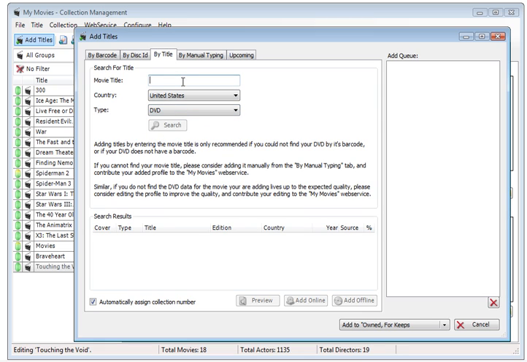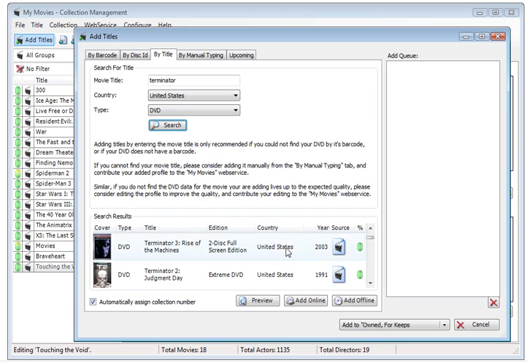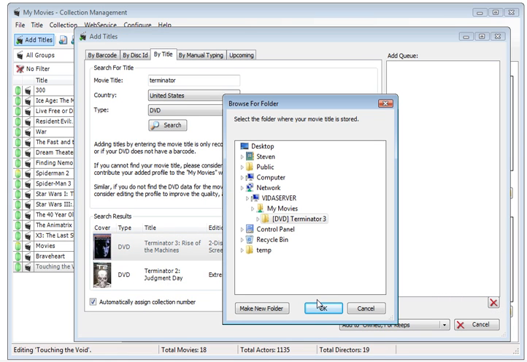Say if I'm trying to find the entry for my 2-disc Terminator 3 DVD set. I'll type in Terminator, select DVD, and then hit search. In a few seconds, it'll come up as one of the entries so that I can select it and then click Add Online. A new Browse for Folder window will appear so that I can find my movie across the